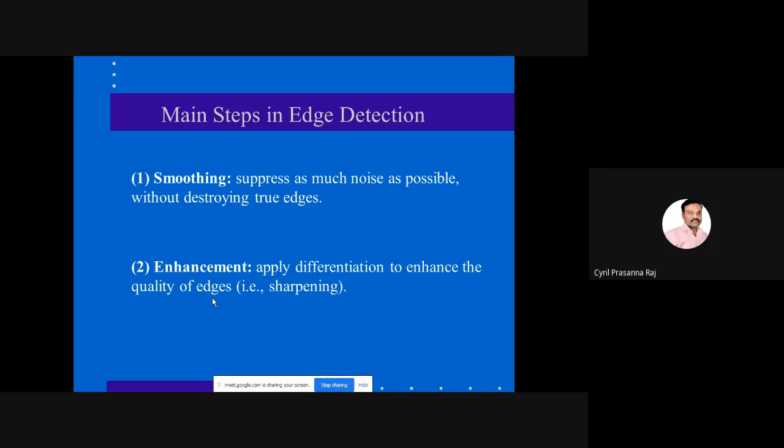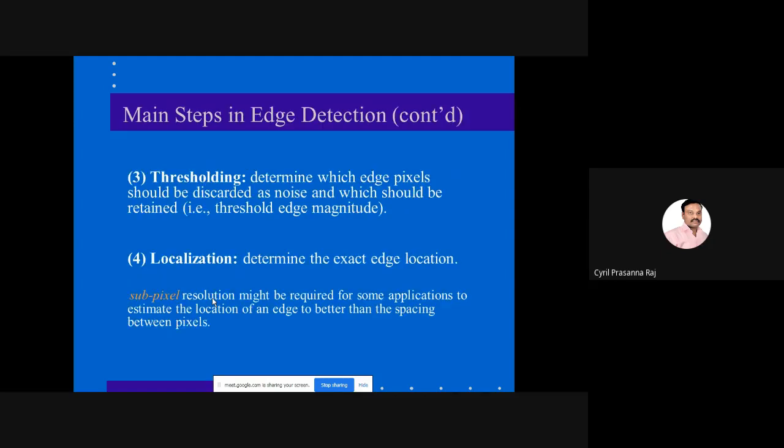Depending upon the edges, you identify the objects, and depending upon the object, you try to enhance the color components available in the given object. That is where you find the enhancement process. Then thresholding. Thresholding determines whether the edge pixel should be discarded as noise and which should be